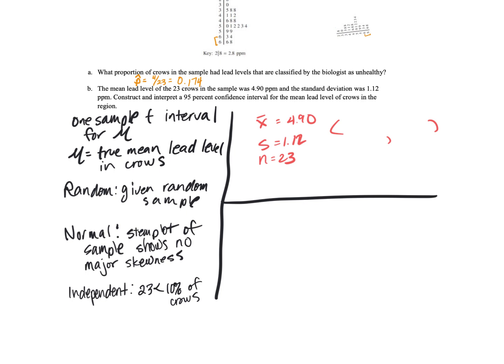What are we getting? I had 4.4157 to 5.3843. Sure. Okay, all you got to do is help me with the interpretation here, and then we'll be good. We are 95% confident that the interval from